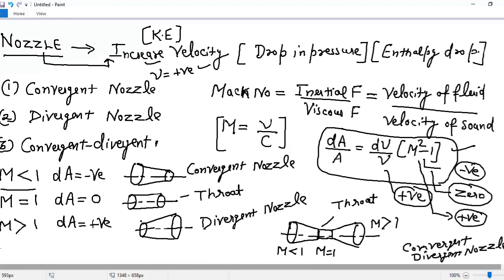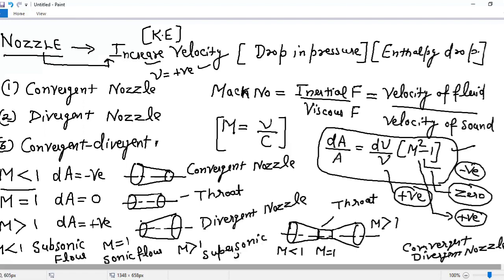Okay, so whenever M is less than 1, it is a case of subsonic flow. If M is equal to 1, it is a case of sonic flow, simple sonic flow. And whenever the value of M is more than 1, it is a case of supersonic flow. Supersonic flow. Now you guys know that if the fluid that we are having is flowing with supersonic flow, then